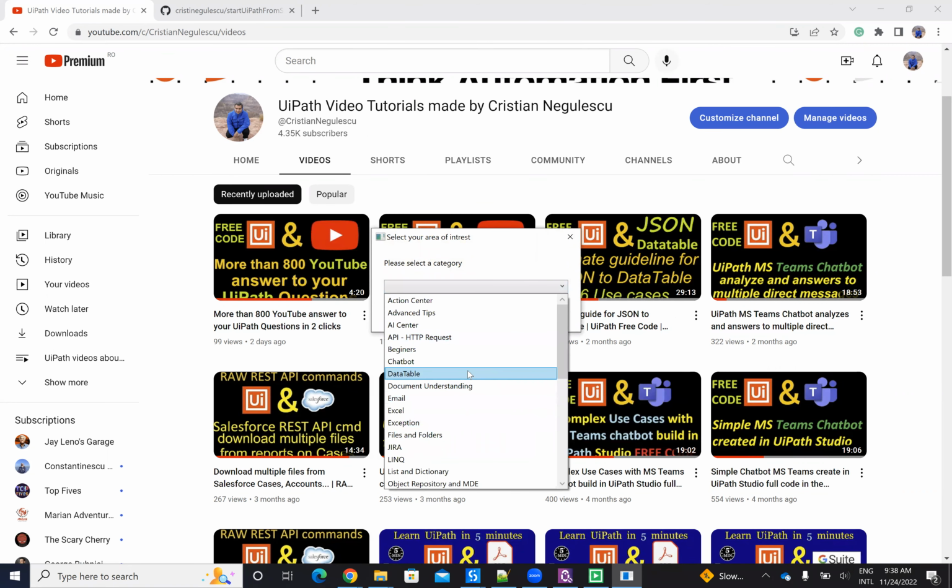Good. One of the feedback was: Cristian, I want a search instead of selecting this. I'm better with this structure, but if the customer prefers also a search, I implement it. I implement also a search. So basically, you have this workflow. This workflow will be shared on the GitHub like the other workflows. And on this workflow, basically, you will say Excel read range, for example, and the system will go